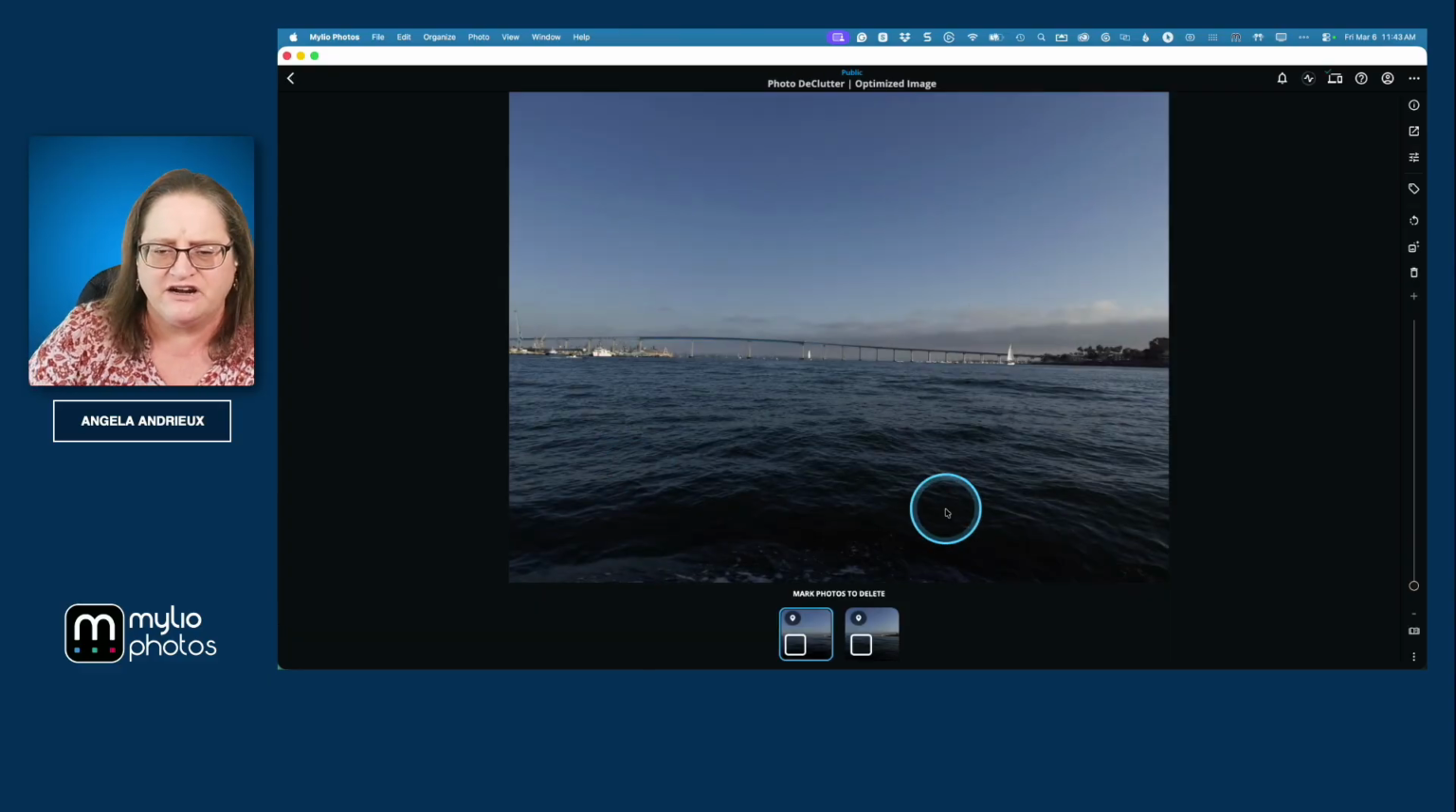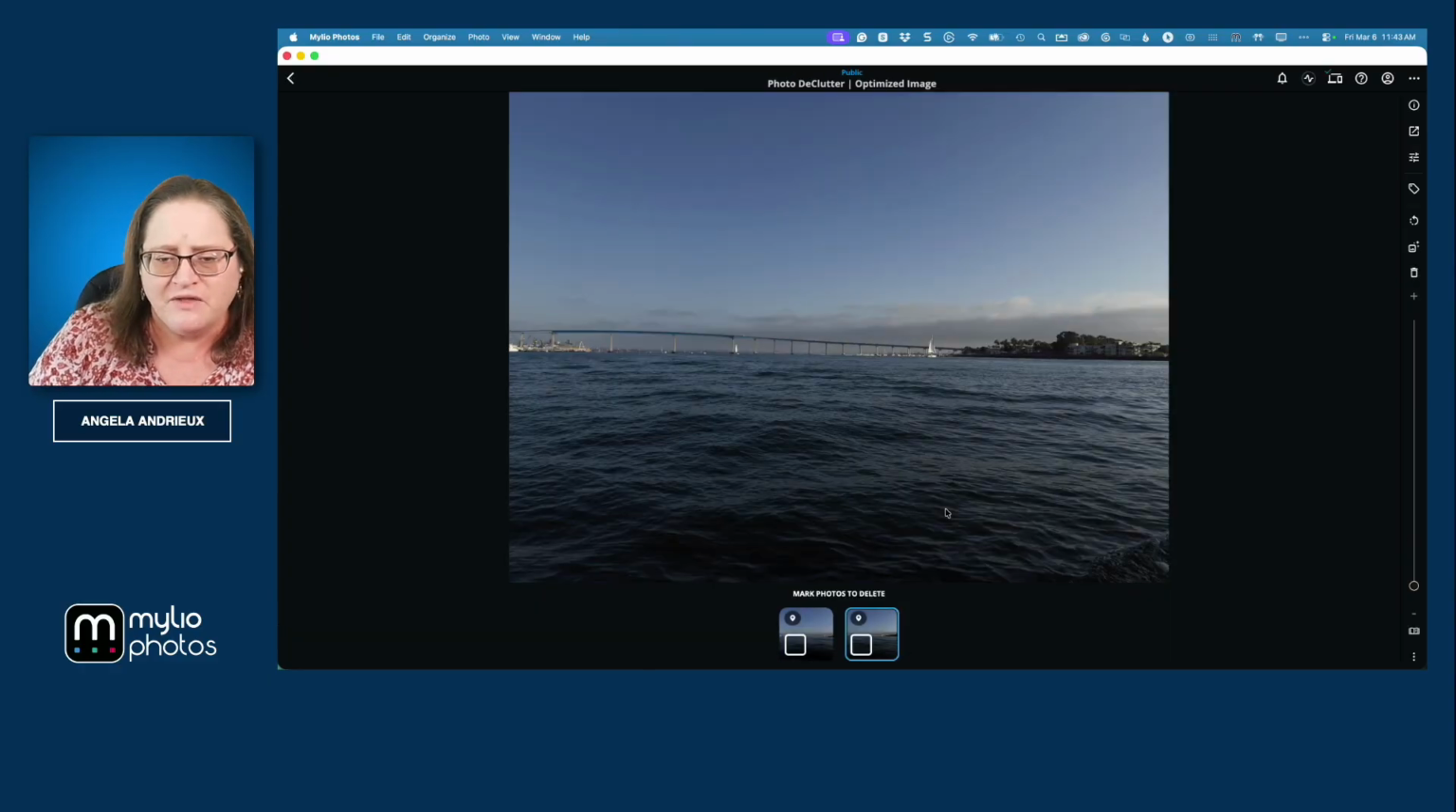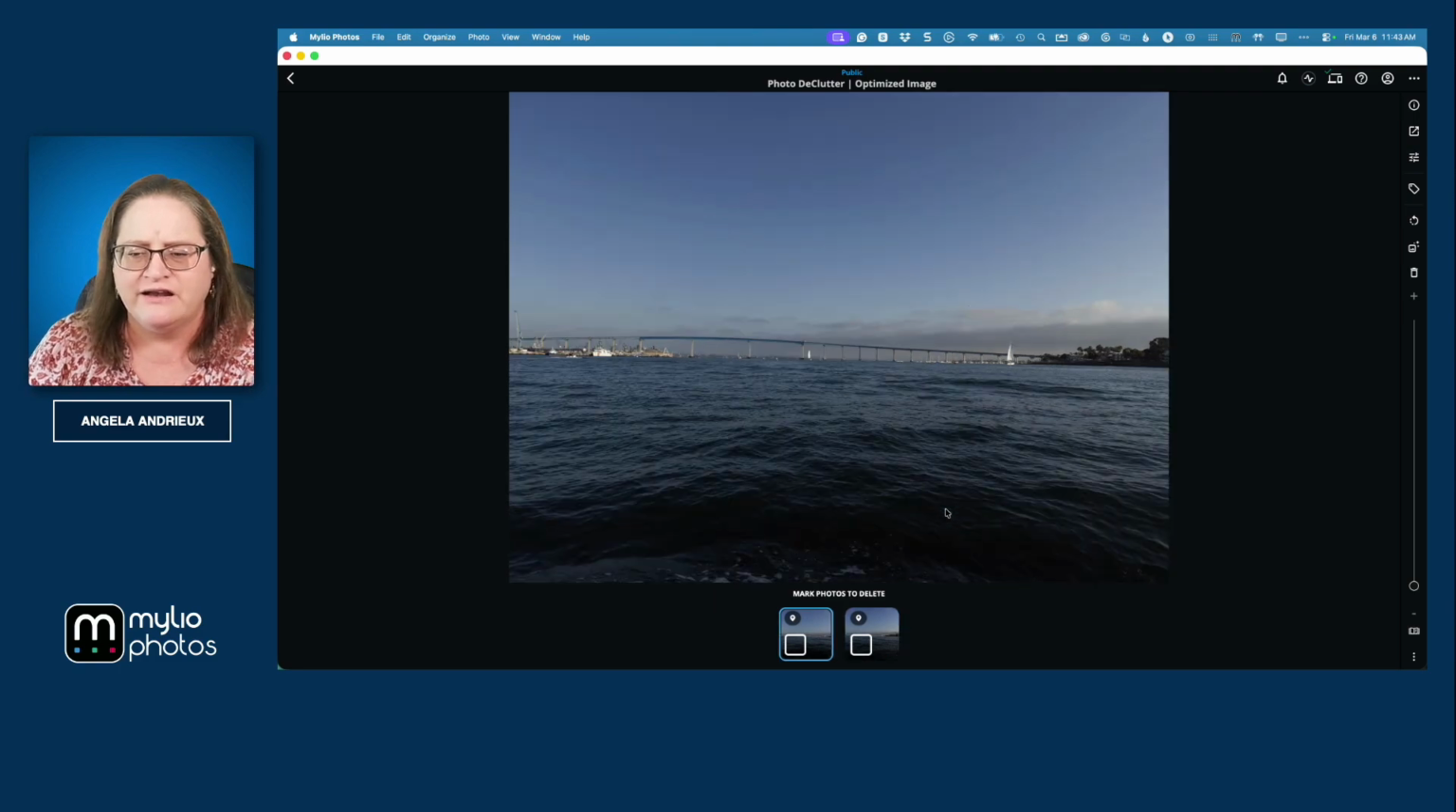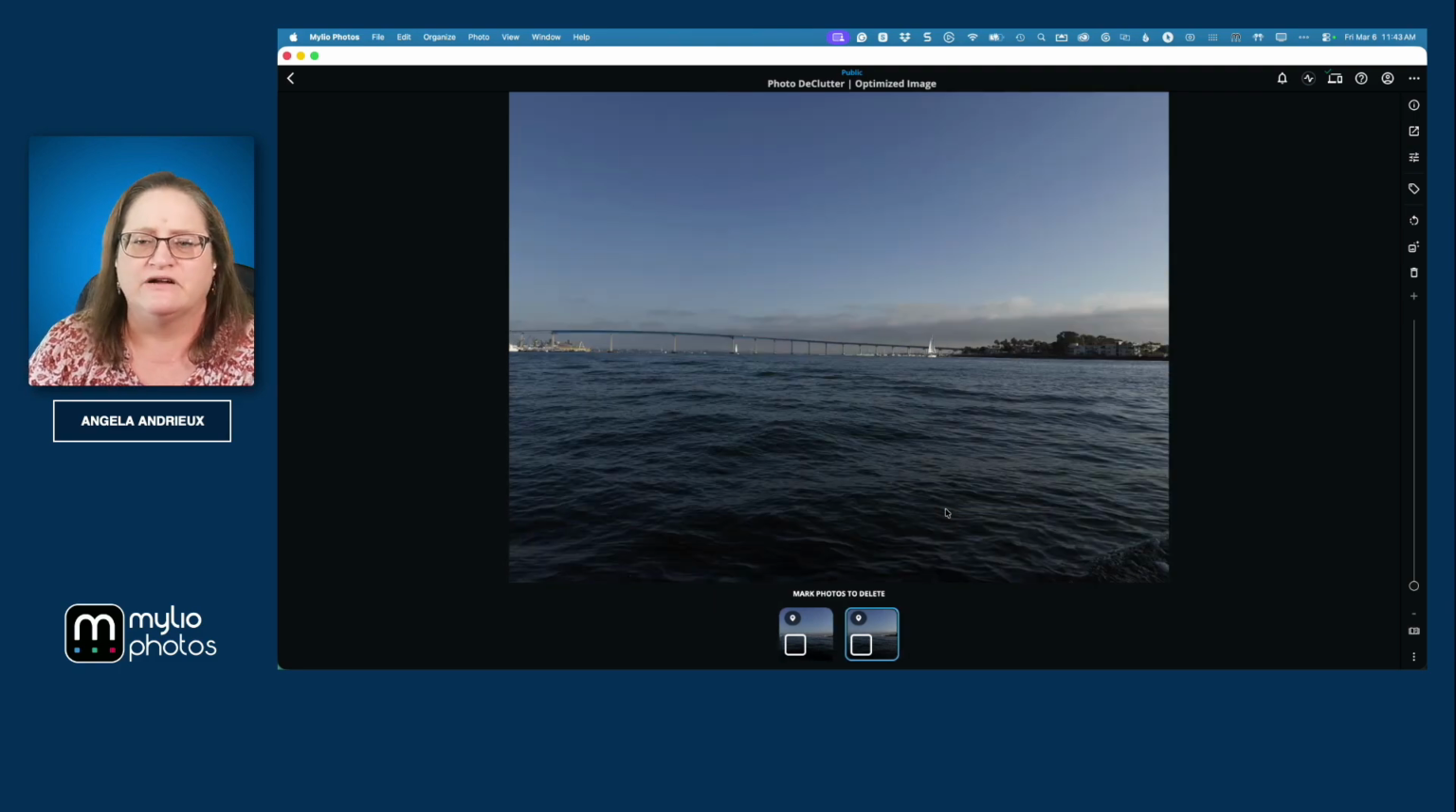Let's take a look at this batch here. I was out on the bay on a boat and two images taken very close to each other. They're not exactly the same, but they are very similar. So it lets me go through and make an evaluation of which one I should keep. Now there's no right answer or wrong answer here. It might be that you like both of these images and they're just different enough that you want to keep both. But sometimes when you've got 20 images of your kid kicking the same soccer ball as they're running down